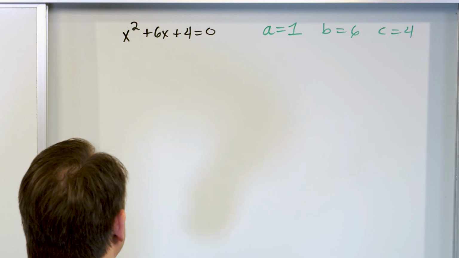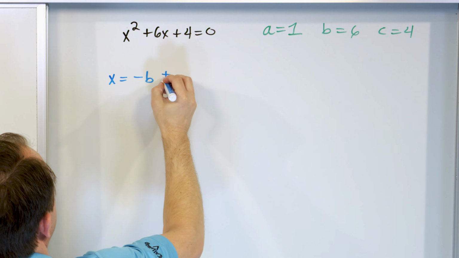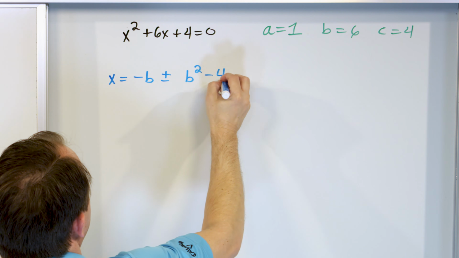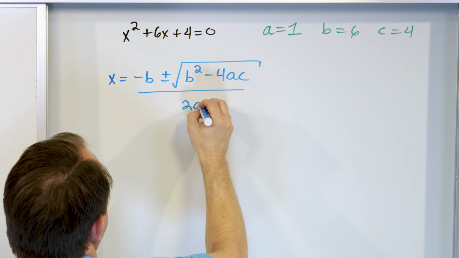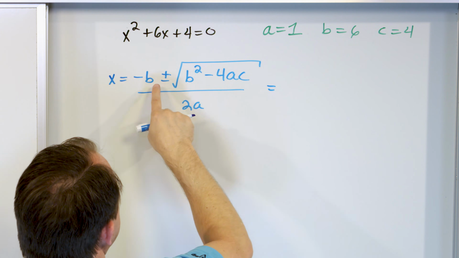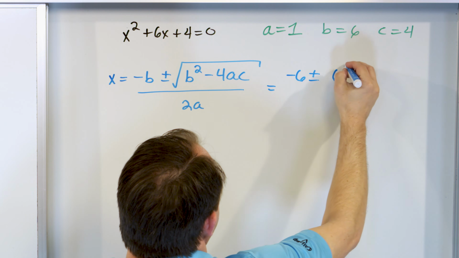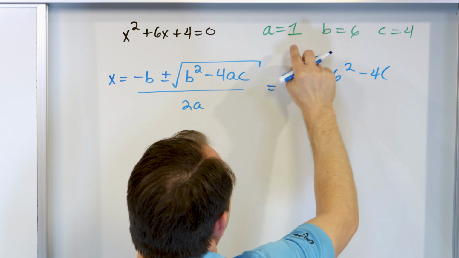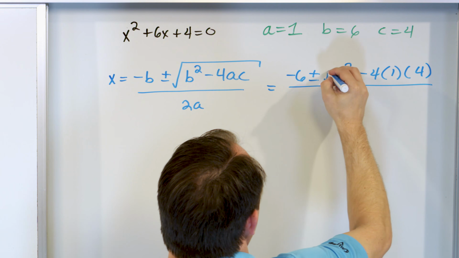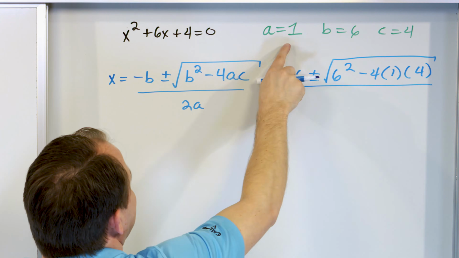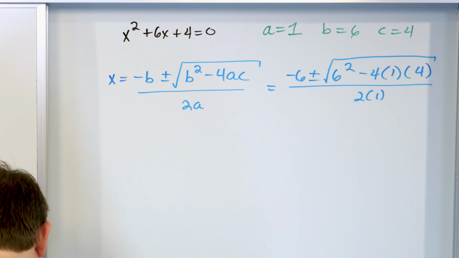And I always encourage you to write the quadratic formula down every time so you don't make any mistakes. Negative b plus or minus the square root of b squared minus 4 times a times c. The radical has to apply to that whole thing, over 2a. And then you just stick it in here. Negative b means negative 6. Plus or minus, we have b squared, which means 6 squared, minus 4 times a times c, and then the whole thing, don't forget this radical that has to sit outside that whole thing, over 2 times a, 2 times 1. So you put everything in place, and then in the following steps, you just crank through and get the